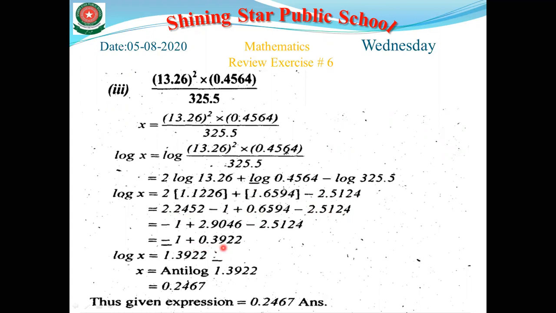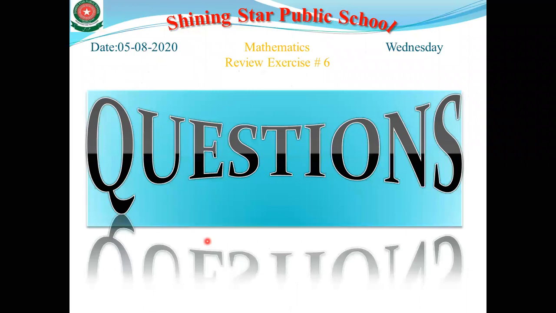Now when we simplify these numbers, we will get minus 1 plus 0.3922. When we have the minus 1 plus 0.3922, we change this into the scientific form. So this minus 1 is the characteristic. When we have the characteristic negative, we write 1.3922, and this minus changes into bar. So that's why we write here 1 bar, 0.3922. And now take the anti-log. So when you take the anti-log, it becomes 0.246, which is your required answer. You can take the anti-log with the help of calculator.